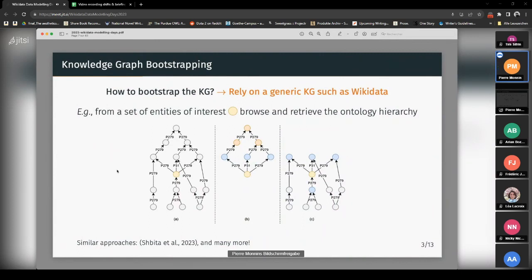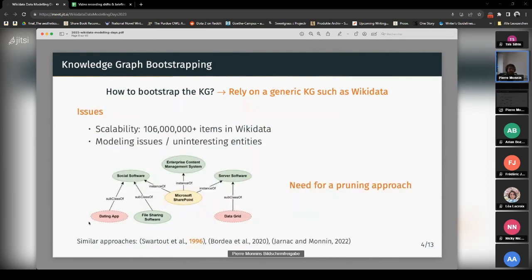And we are not the first ones to propose such ideas. For example, other papers have mentioned the same kind of extraction approaches. Okay, so that's great, but still we have many entities in Wikidata, and sometimes we may have modeling issues or uninteresting entities with regard to our use case. So for example, if we consider the use case of extracting a knowledge graph focused on computer science concepts and enterprise-related computer science concepts, starting from Microsoft SharePoint, we may move to social software, and from there to dating app, which is of course unrelated here and not of interest to us. So we need somehow to prune irrelevant knowledge and just focus on the knowledge we are interested in